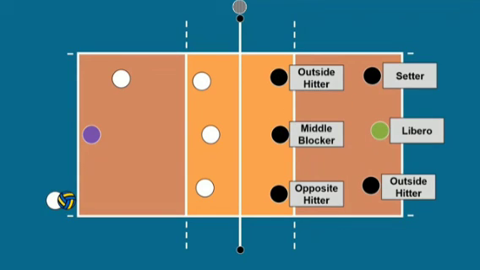You might be wondering why rotation is there. Otherwise you would put all the good hitters in the front and they would hit all the time. So volleyball made sure that all the players rotate so that sometimes you have a good attacking line, so you're dominating, and then sometimes you don't have a good attacking line. So the momentum can change and make the game